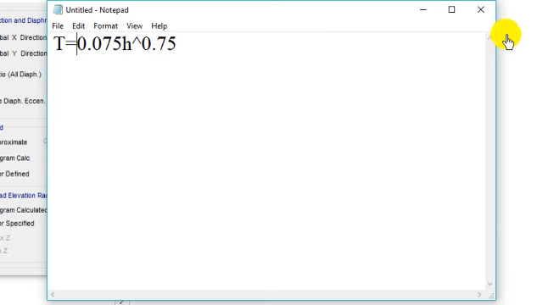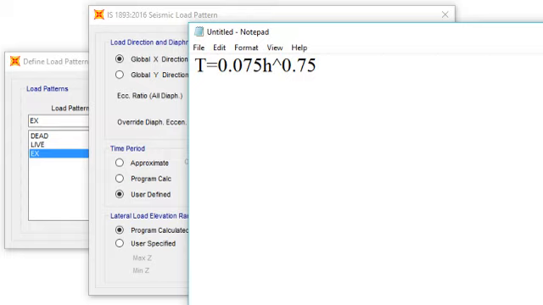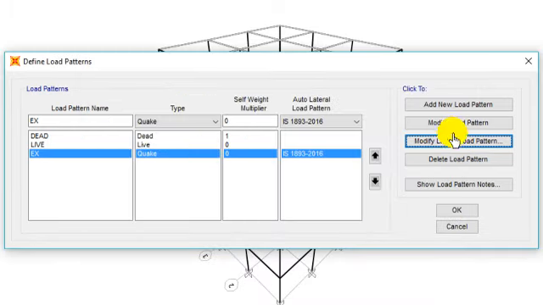So the height of the building is 17.5, 17.5 power 0.75. It is 0.642. Let me change to 0.642. Then it is program calculated lateral load elevation range. It is from 0 to 17.5, whatever the height of the building is, that will be considered. Click OK. Now again EY.